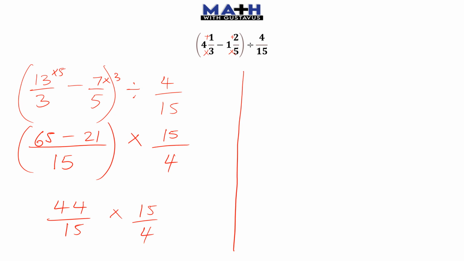Now guys, let's reduce, let's cancel right here. On the diagonals, we can surely cancel. Let's go with the 15s first. So 15 into 15 goes 1. 15 into 15 goes 1. Then we have 4 into itself goes 1 on the next diagonal. And then 4 into 44, that goes 11 times. Now we are left with, as numerators, 11 times 1, which is 11. Then as denominators, we are left with 1 times 1, which